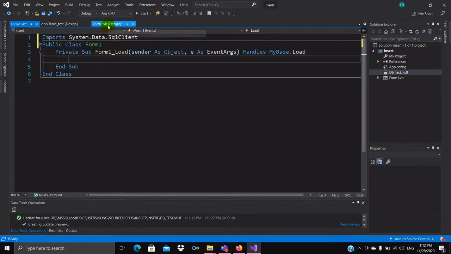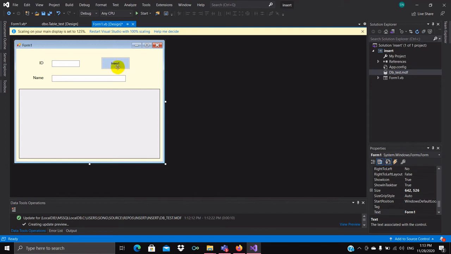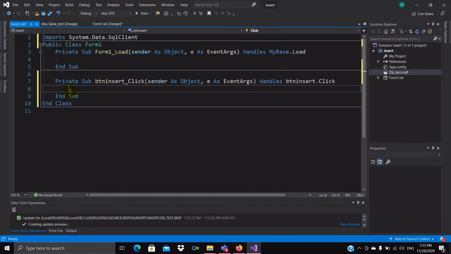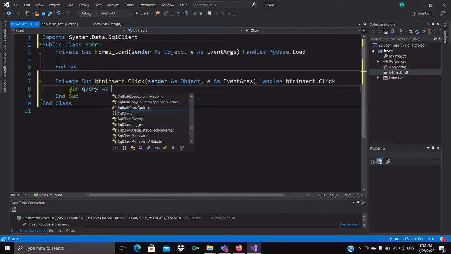Then back to the design form, I will click on the insert button. Then what we need to write here is: Dim query As String